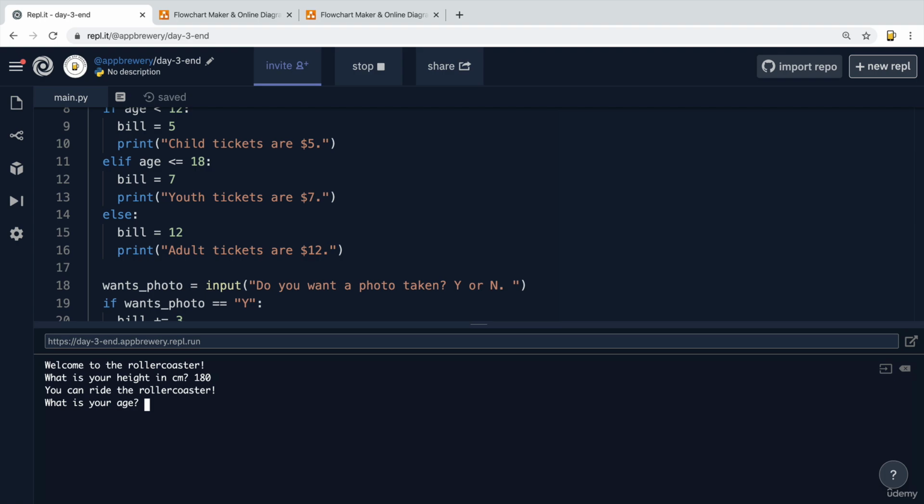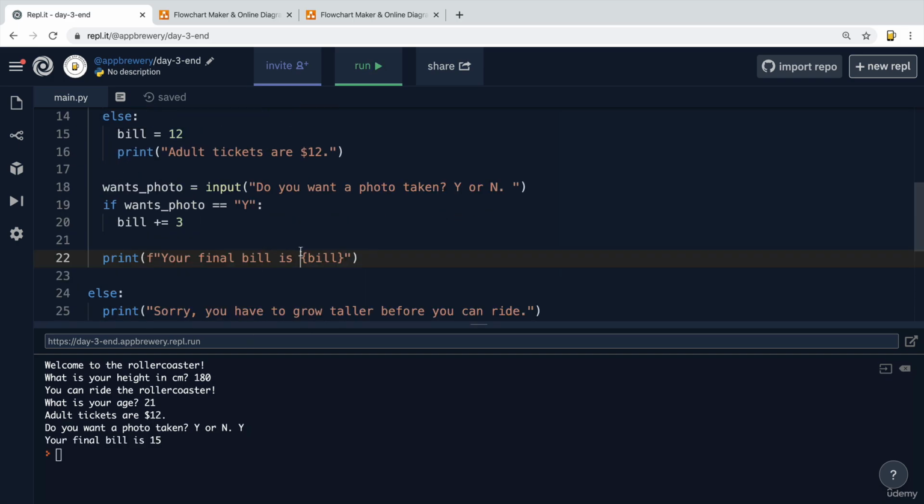So let's say that I am 21 years old. It tells me that adult tickets are $12. And then it asks me, do you want a photo taken? So yeah, I would love to have a photo taken. And it tells me that my final bill is 15. So I forgot a $ sign here, but effectively it's now added the $3 to the $12 because of this additional